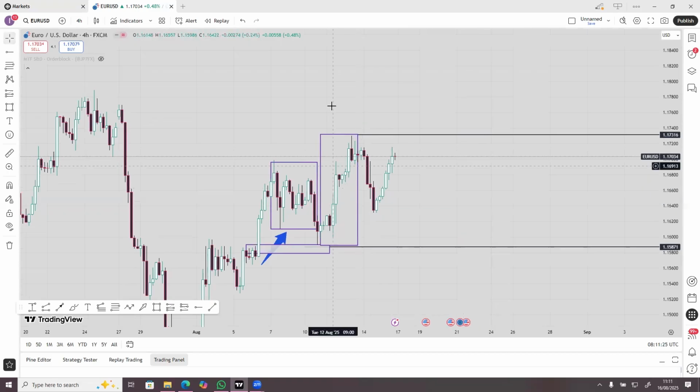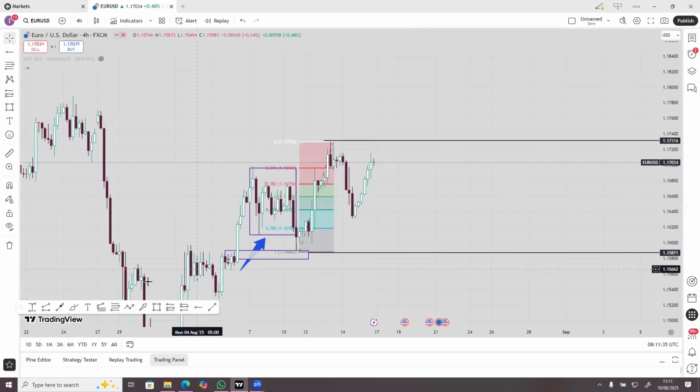That was an impulsive move, and then we got a corrective move. So you can use Fibonacci retracement from that point to this point. You can see price made a corrective move to the discount zone, also at the optimal entry point. That setup you shared in the community freely